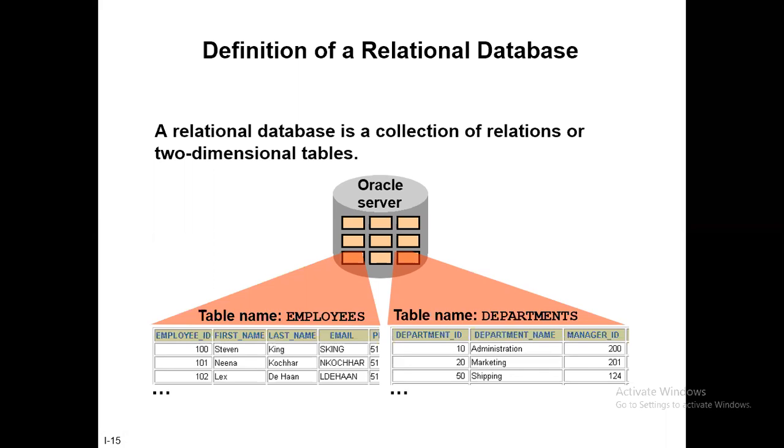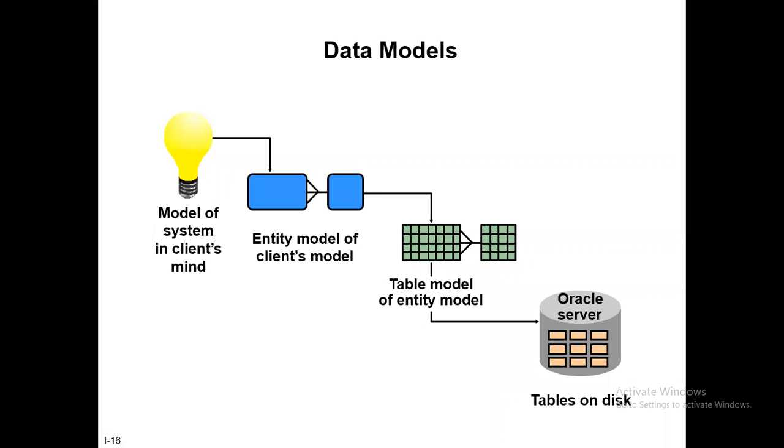So if I run a query on the database, show me the list of employees who belong to department name administration, then it will come to the department table. It will check what is the name of department 10. If it is administration, it will show you the list of employees. If it is not, it will not show you the list.